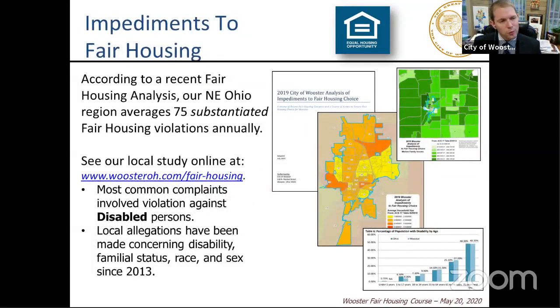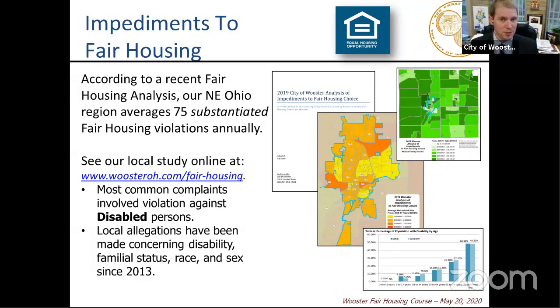So when we work through what our issues with fair housing are, it's very important to understand what people are experiencing. You can see on the screen right now, and you can visit our website and pull up this study, this analysis of impediments to fair housing that we performed just in the last 12 months, that takes a look at all the intricacies that make up what is needed for a fair and equal access housing